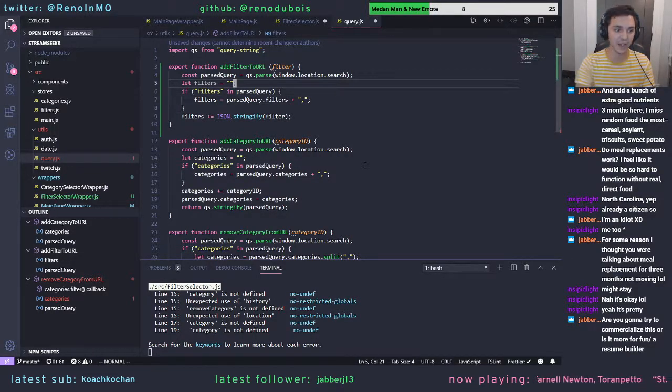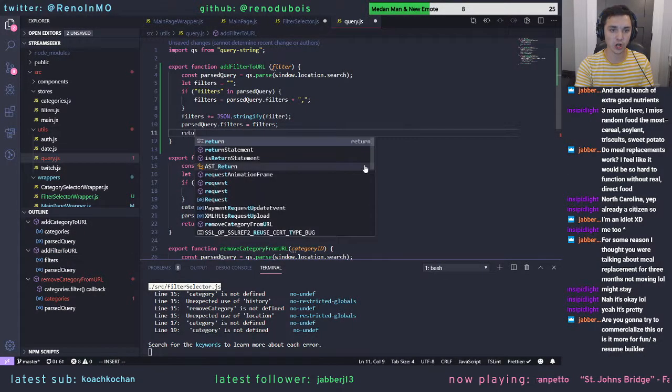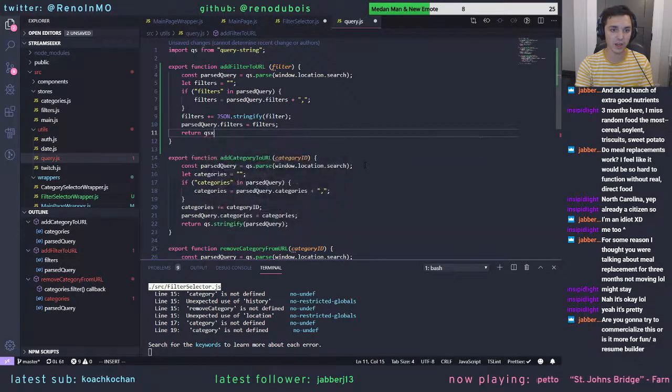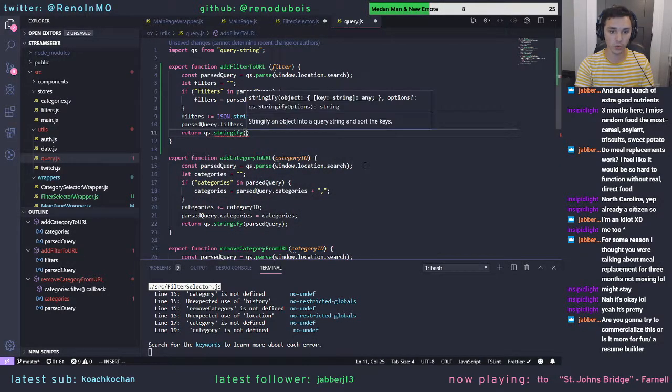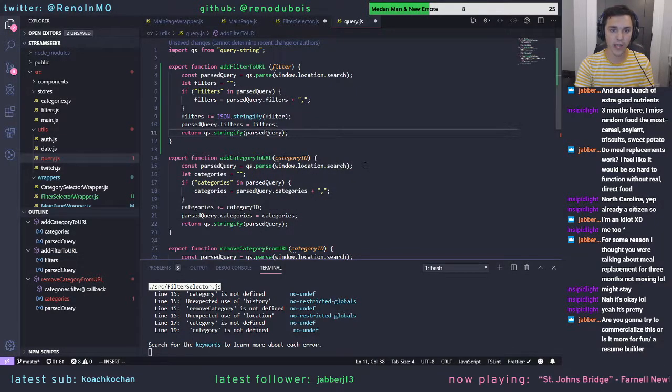We'll test this function independently. And then parsedQuery.filters is going to be equal to filters. And then we go ahead and stringify the query string back together again at the end. And then we can use, so we're using React Router to control our routing for our page. So then we, am